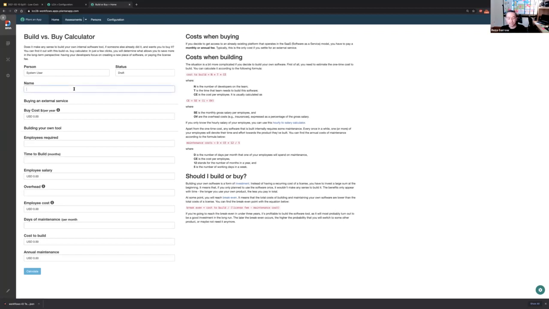So what am I build or buy calculating, right? And let's say it's a help desk solution. Should I build one or buy one, right? And if I'm going to buy it, let's say it costs $2,000 a year. That's all I need to know there, right? And again, another great example is maybe I'm going to buy